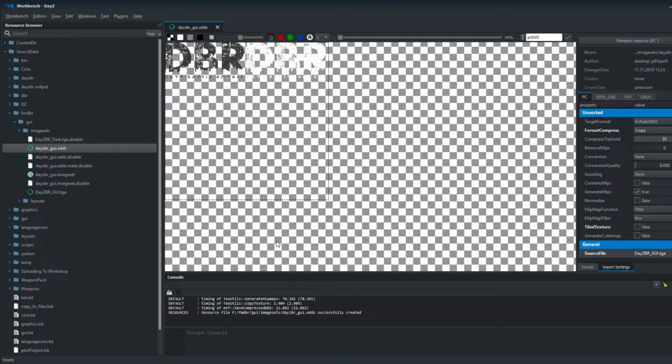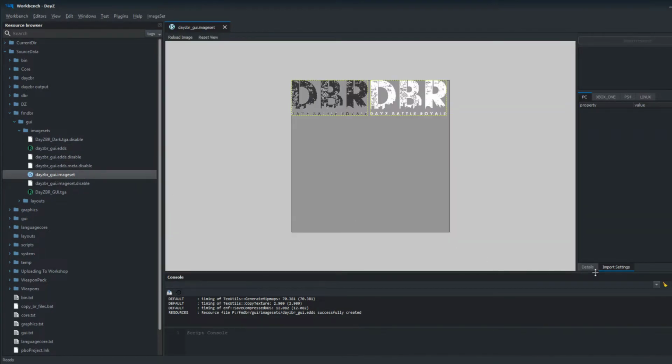If there is a pathing, this might not be a required step. I'm not sure how the EDDS files work, whether or not some metadata is stored in them or not. But either way, now you're going to go to your image set. You're going to go to details, image sets, and you're going to see right here these paths. This should be correct. If it's not correct, which at times it won't be,